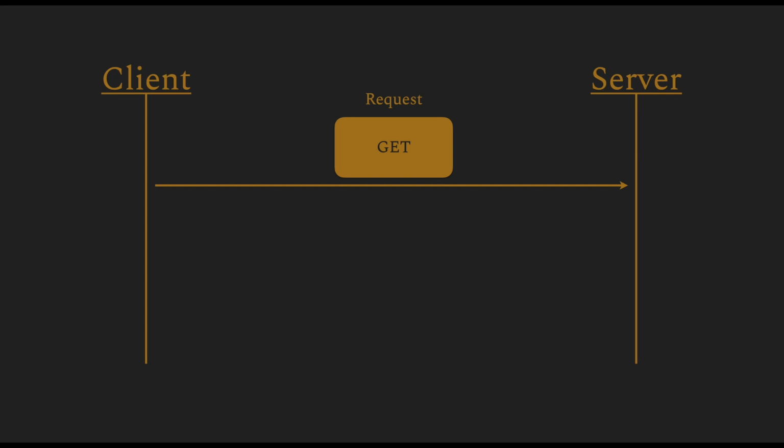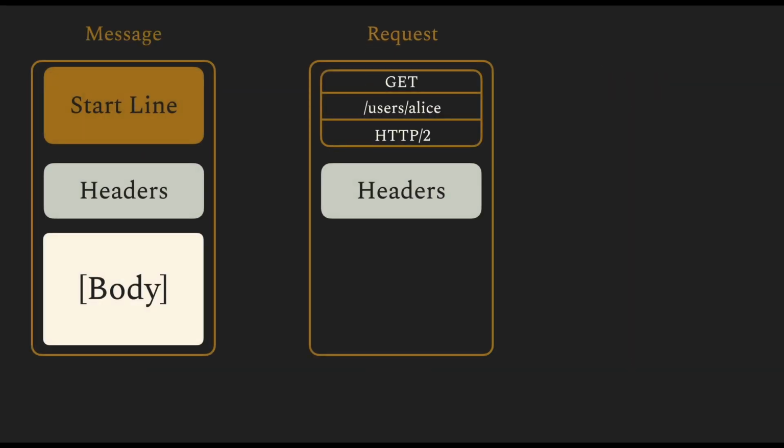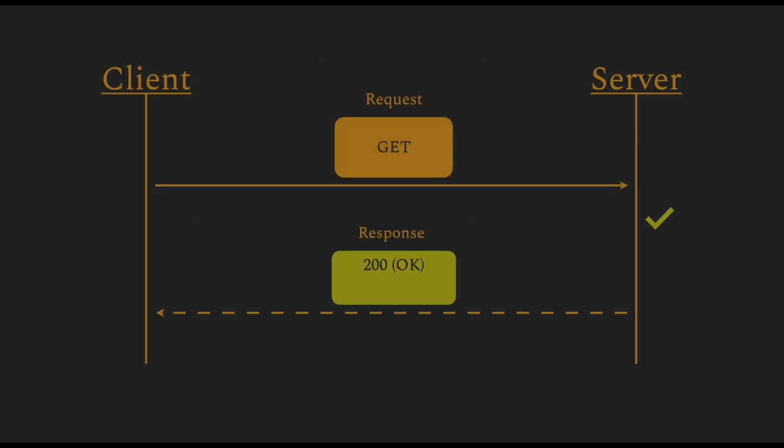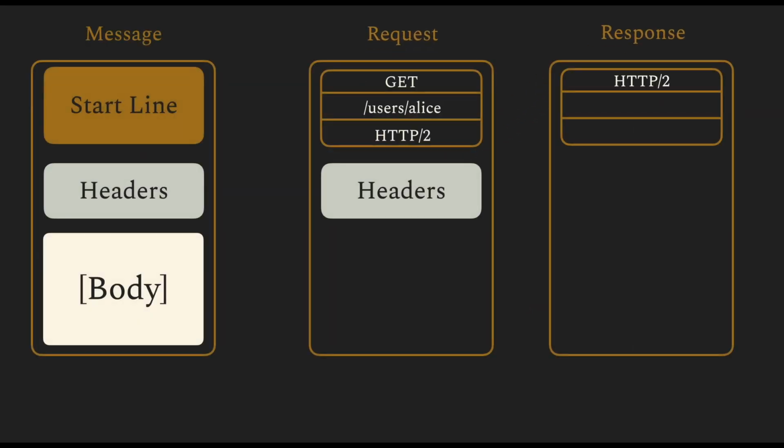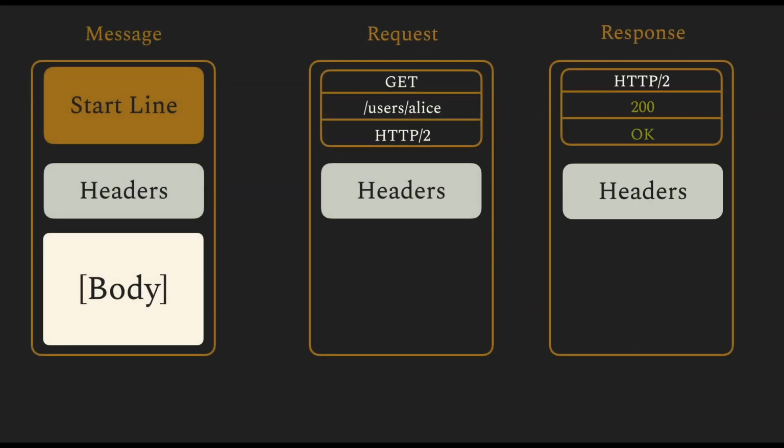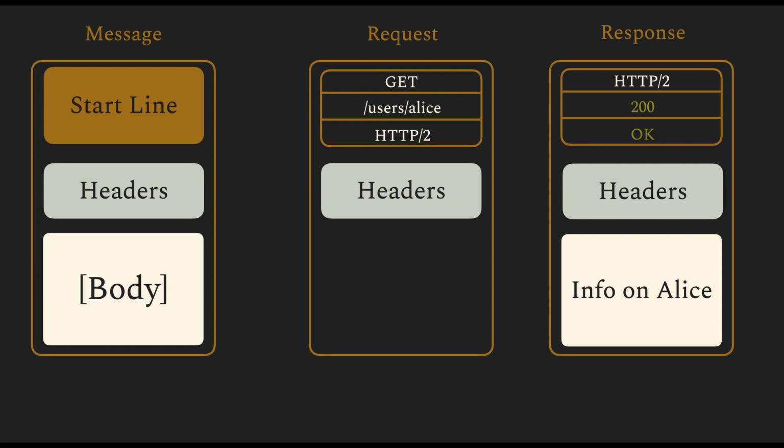Now, since the user is created, we can walk through the example and do a GET. This GET request is exactly the same as the previous GET request, with the same fields. And the response in this case has a body because the user was created and now that information is returned in this response. And now if we look inside this response, you have the headers and the body. The rest of the response remains the same as the previous GET requests.